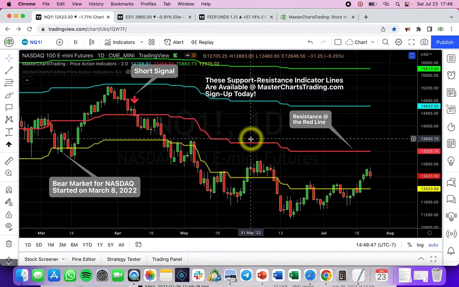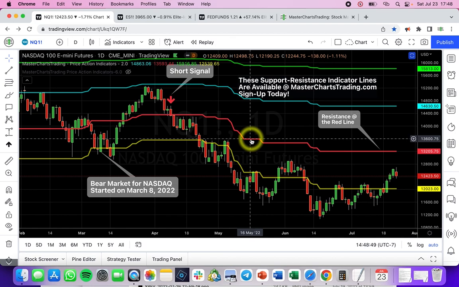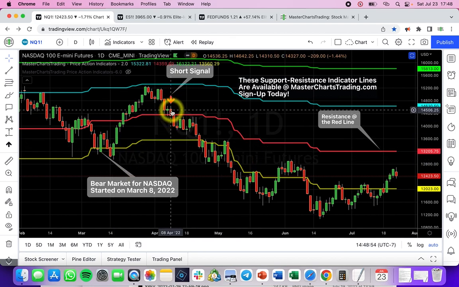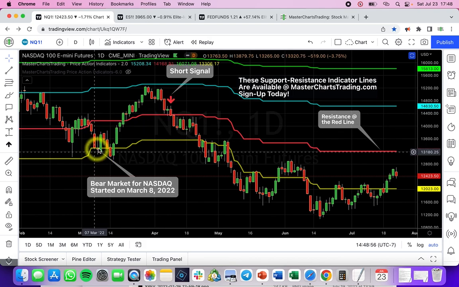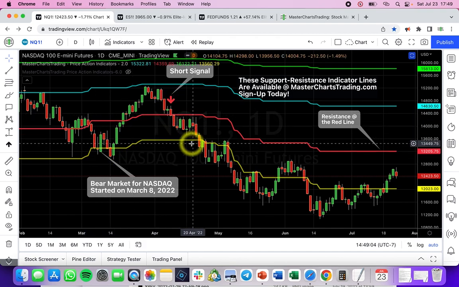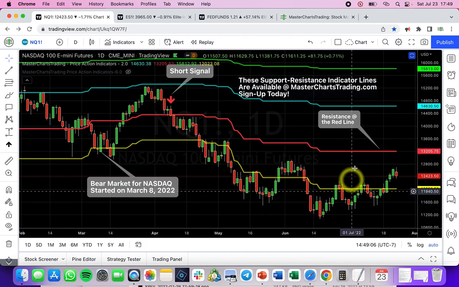NASDAQ, very generally similar patterns. NASDAQ provided for a nice short entry right there on 8th of April because it entered bear market earlier than the rest of the stock market indices. So if you are able to sell it short, around April or so, consider donating some of that money,